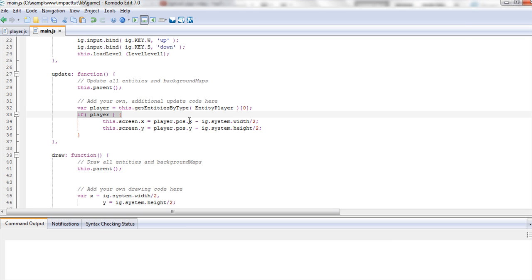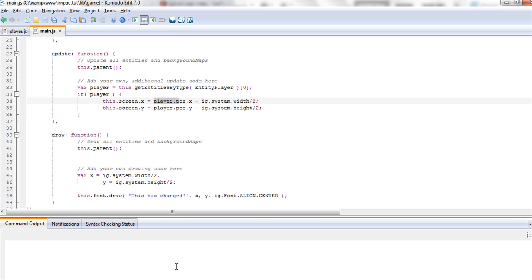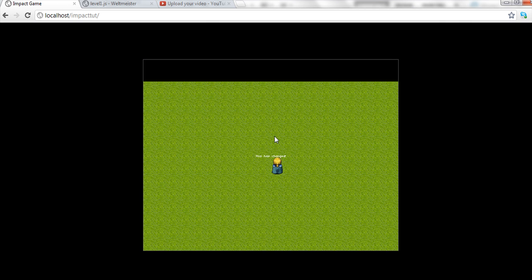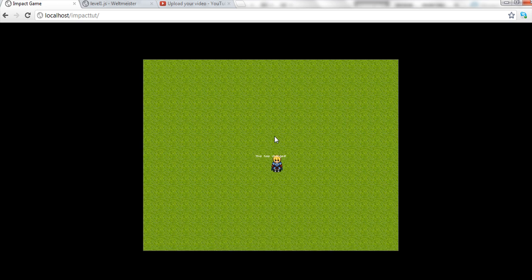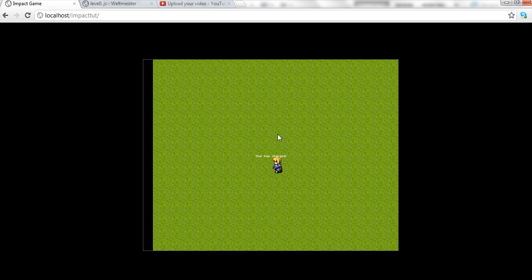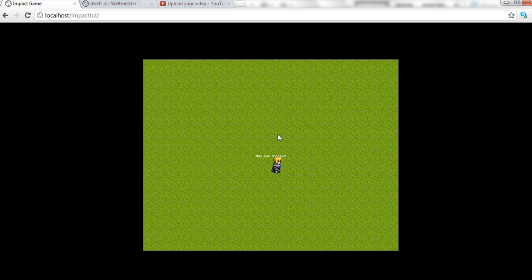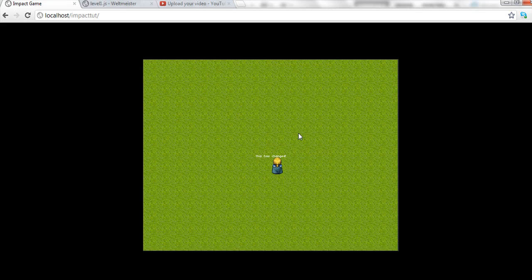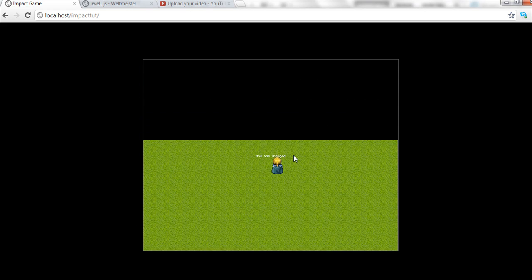If this exists, then we want to say screen.x equals, so basically the screen's x location, and the screen's y location equals the player's location divided by 2. So we want it to be centered directly on the player. Now with that uncommented, I save it and go back, and you can see it now follows me like it should, because it's always updating and always saying, wherever the player's at, that's where we want it. Now currently the player can walk off the map,